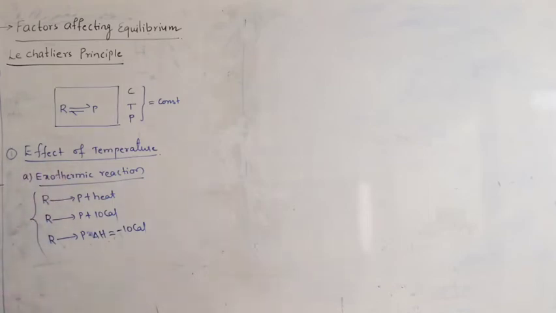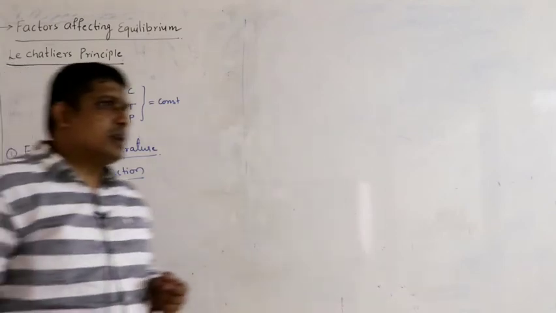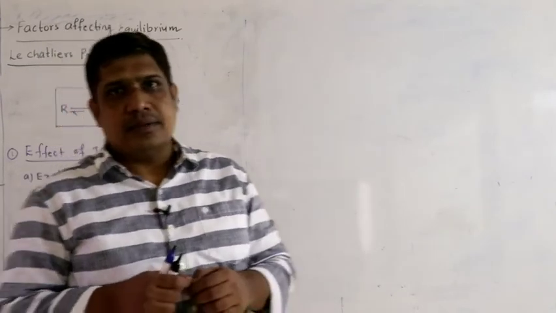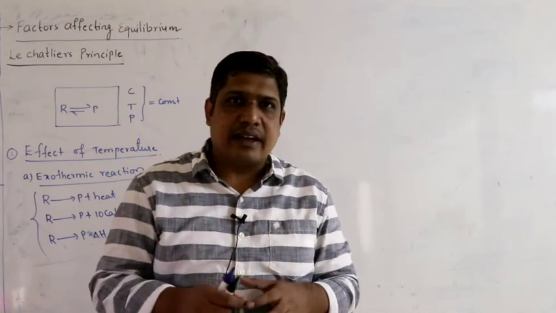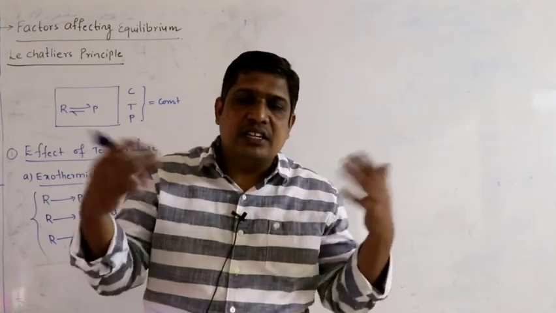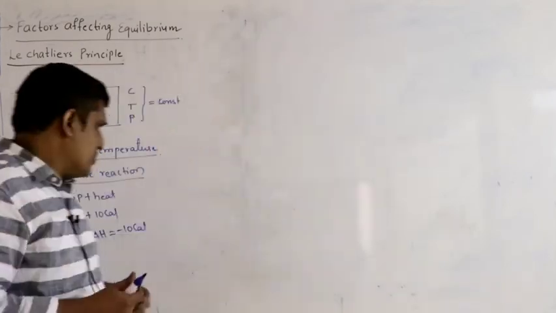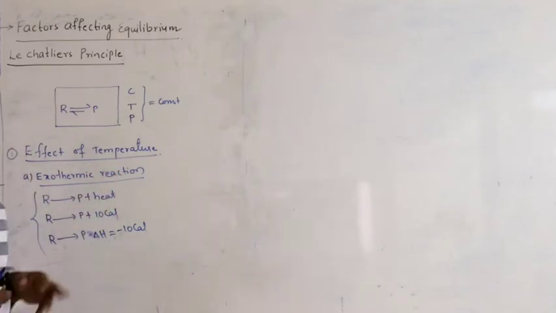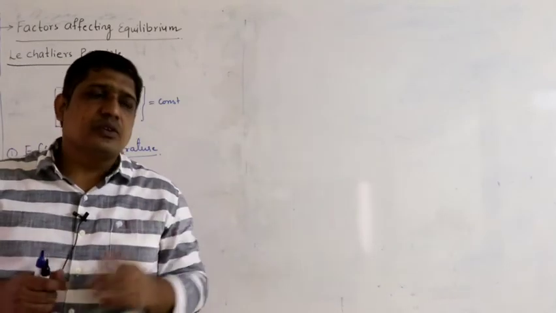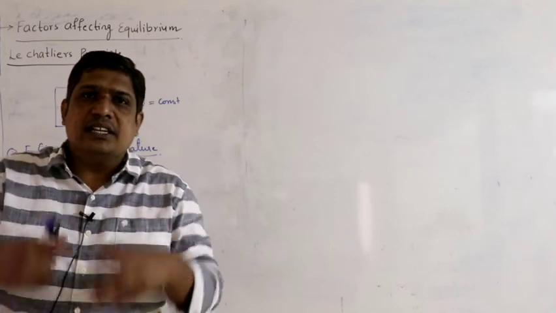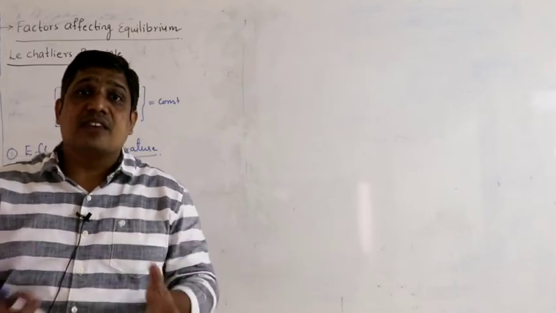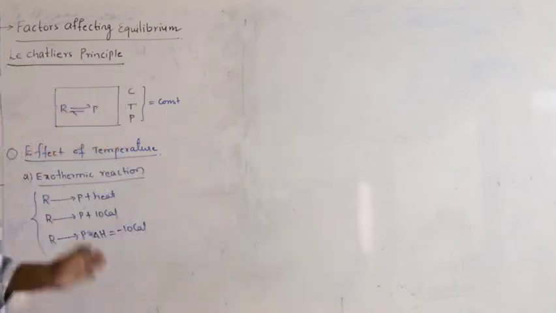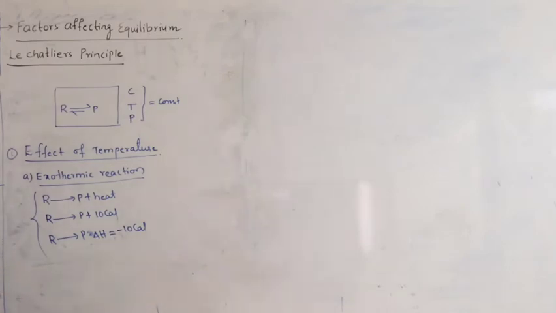All these represent the same thing, an exothermic reaction. What is an exothermic reaction? A reaction which takes place with the release of heat. The best example is when you burn some crackers; heat energy will be released. They are called exothermic reactions. So, if an exothermic reaction takes place, since heat energy is released, the temperature of the system increases.